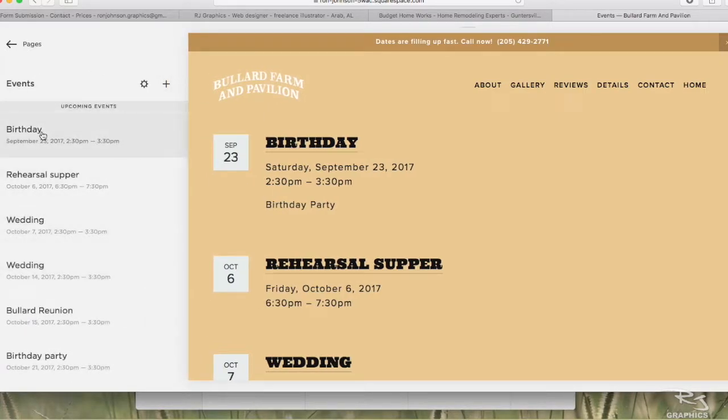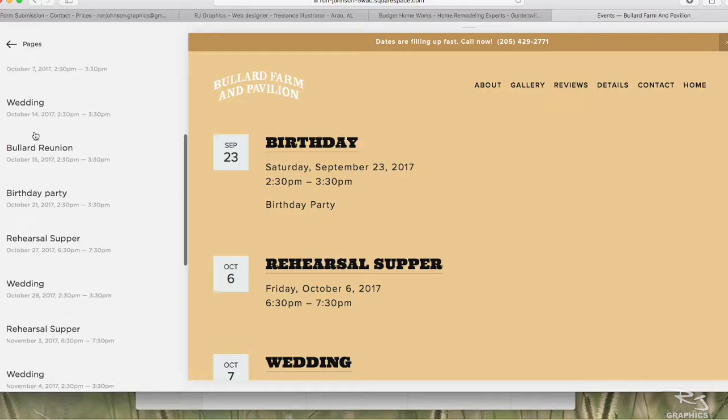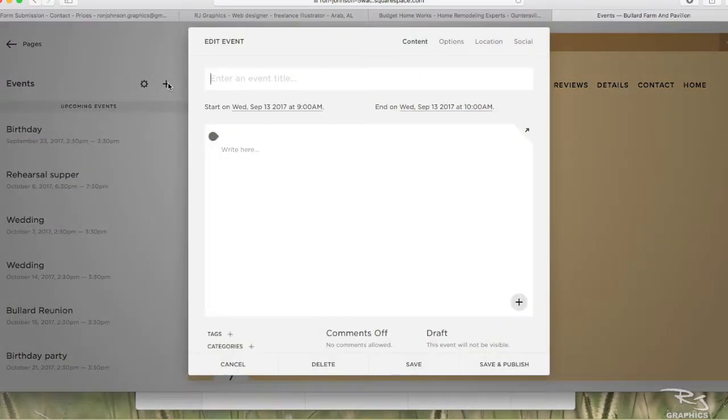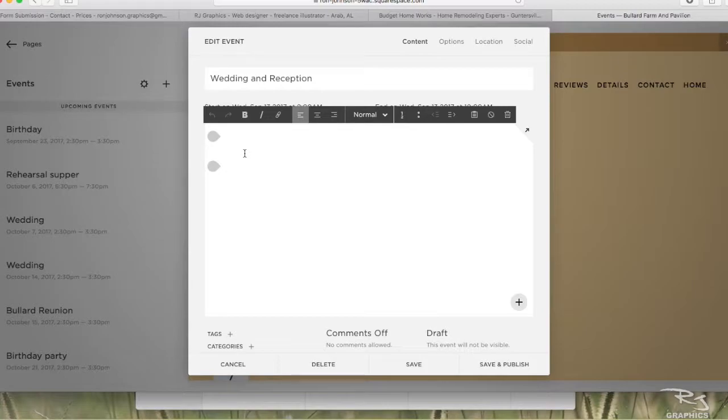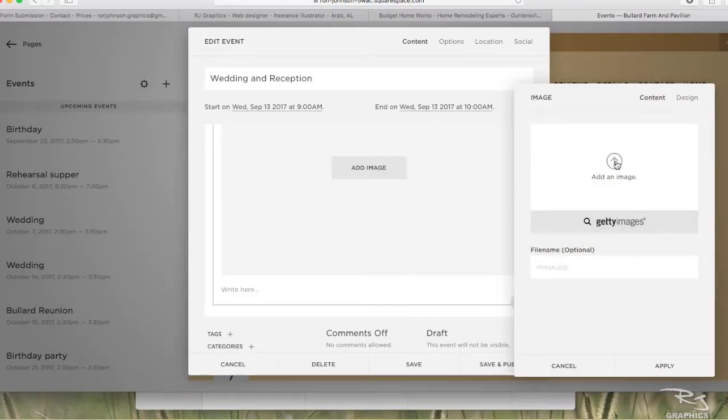You don't see calendar or events listed, and I did that for a reason. So what we have to do is actually go to that page. Once we're there, we can click on any of these events and make a change, or we can add a new event. Let's add a new event, and we do that by clicking the plus sign and entering what it needs to be, a title. It could be a wedding or a party. Let's say wedding and reception, that's fine. We can enter a detail here, or we could add a photo. We could put a picture of the groom and bride. Let's do that. So we say image,